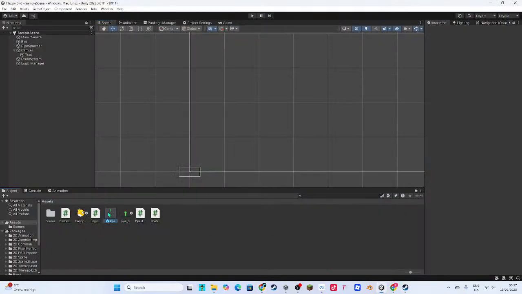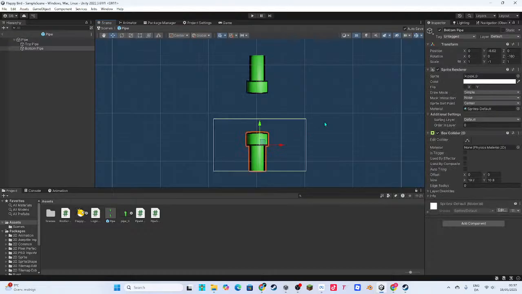Okay, before that, though. Just fix the colliders on these things, bro. Because, god damn, this pipe is messed up.